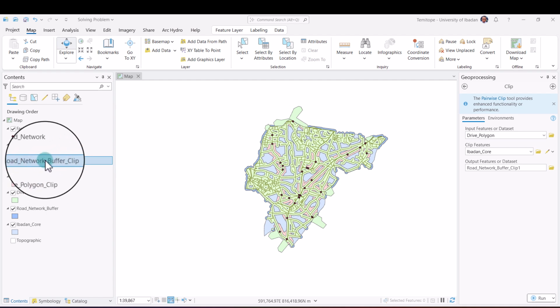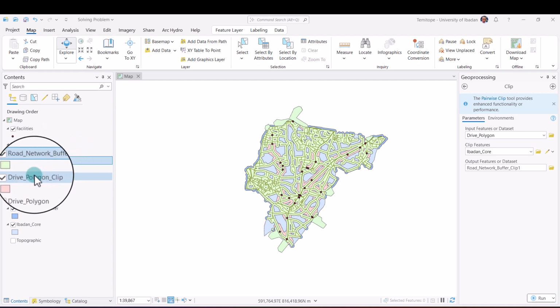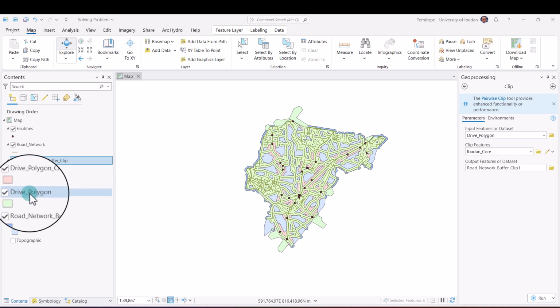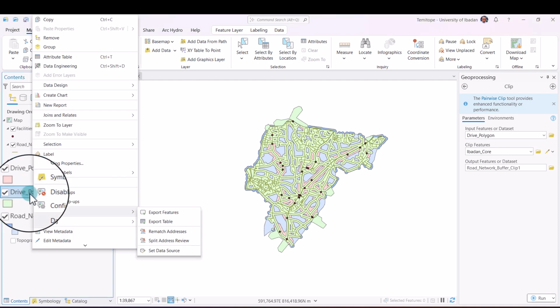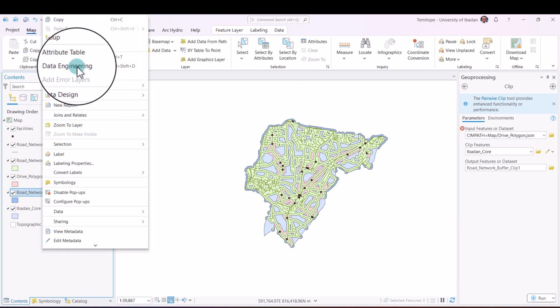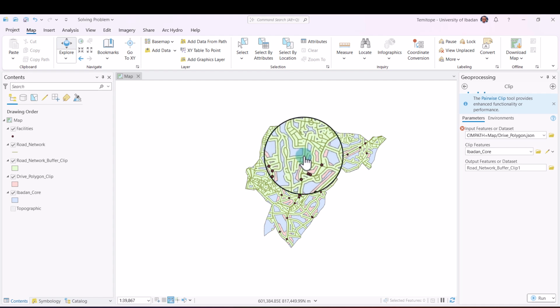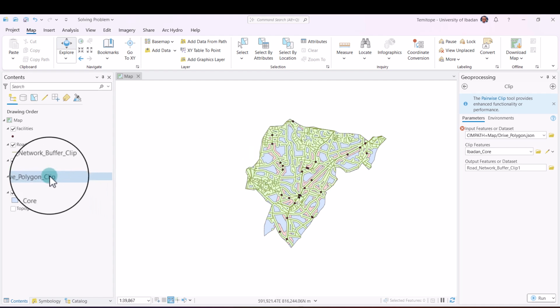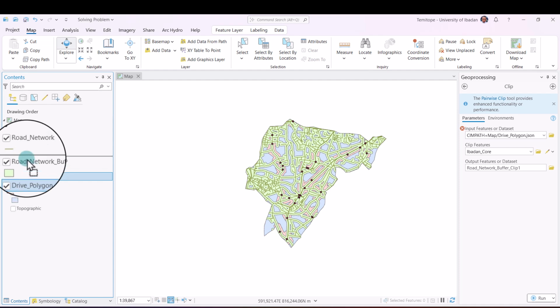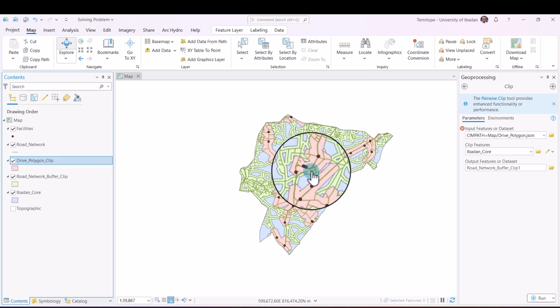Now we have the road network buffer clip and the drive polygon clip. So we don't need these two anymore. We can remove them for now. Now you see that both the drive polygon and the road network buffer clip are now within